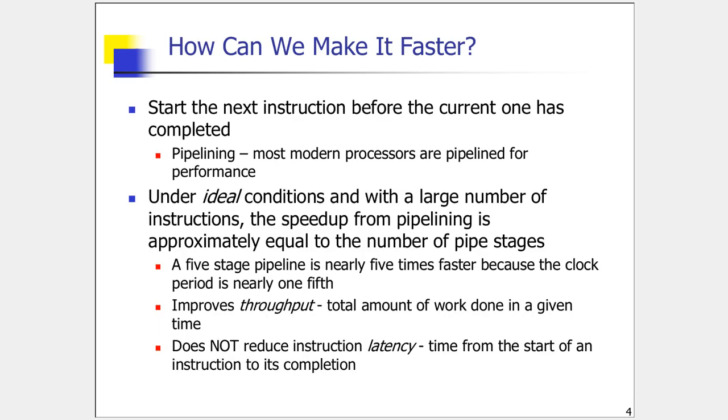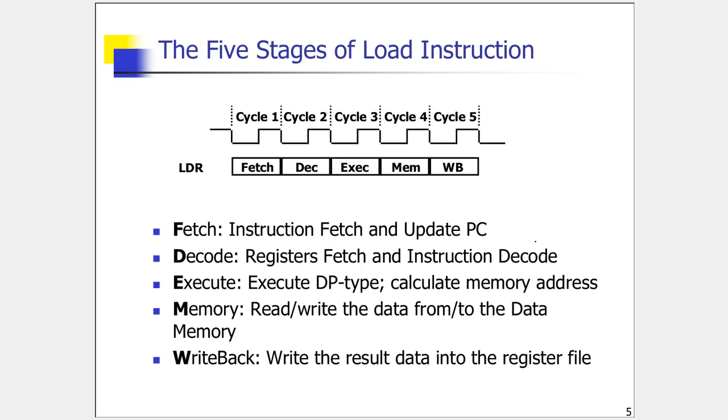So how do we make it faster? And that's where the idea of pipelining comes in. So instead of executing one instruction in one clock cycle, you split up one instruction into a certain number of stages, and only one stage is completed in one clock cycle. So here we have the example of a 5-stage pipeline, but you are not limited to using 5-stage pipelines. As a designer, you can choose.